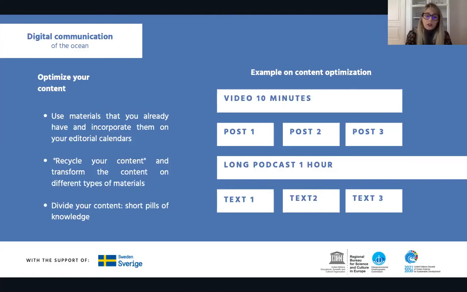And it's very important to optimize your time and also the content that you created, because I know that many institutions pay, depending on the country, a large amount of money to create those products, so they cannot be lost. You really can use those materials to create other materials with that. And so these materials that you create once, for example, one video, can be incorporated